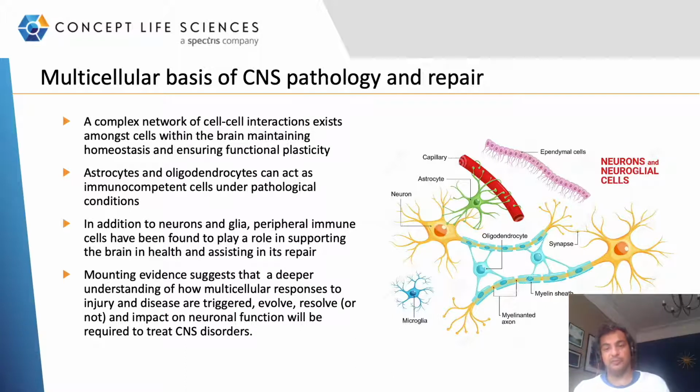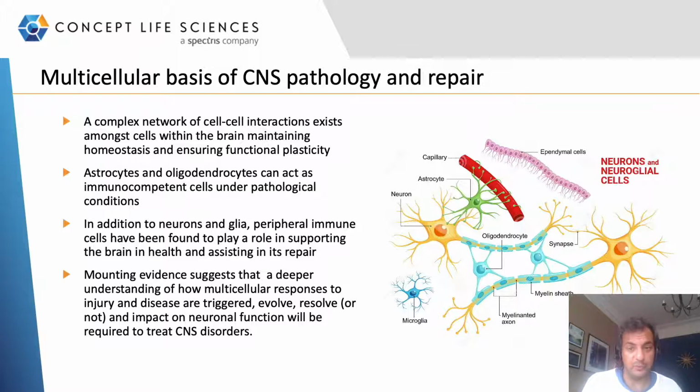And along with the oligodendrocyte, you also have astrocytes, which form a bridge between the blood vessels and the neurons, passing on signals. And amongst all this, you have the innate immune system, cells of the innate immune system, the microglia, which regulate many of these functions. And none of these cell types act alone, but in fact, they are all interconnected and function together. And we know that in a number of pathological conditions, both astrocytes and oligodendrocytes can become immunocompetent, and what makes the situation even more complex is that in